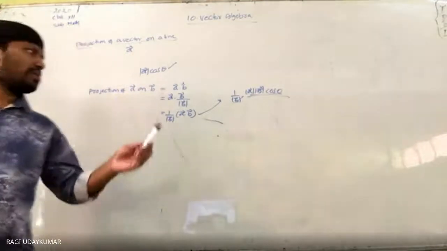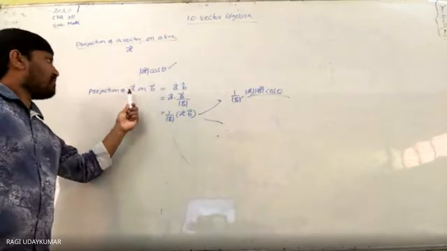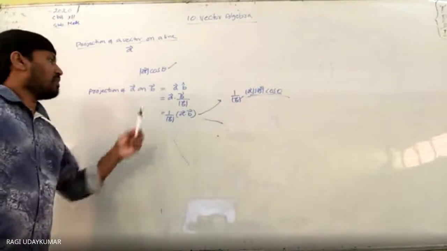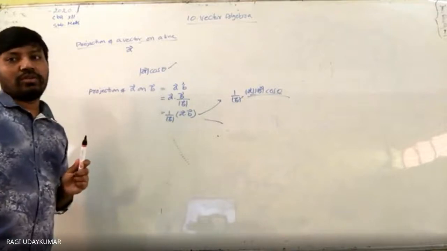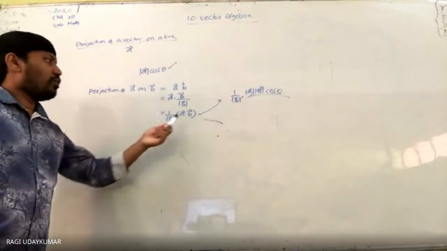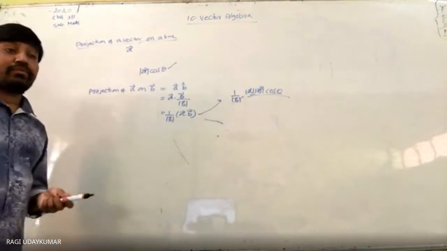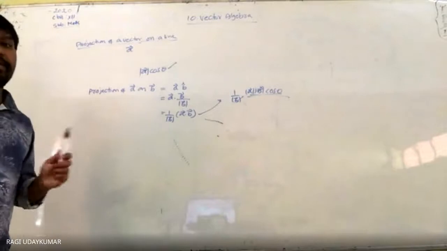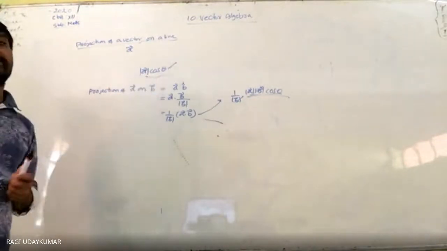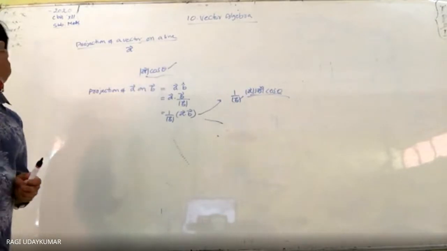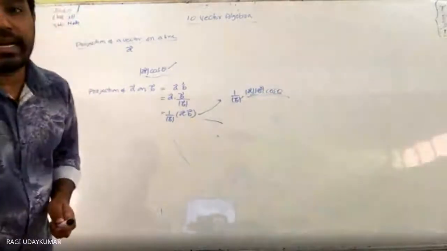So while solving the problem, it is simple. If two vectors are given, then to find the projection of the first vector on the second vector, take the dot product of the two and find the magnitude of the second vector. How do we find the dot product? Suppose in the question the angle between this vector and this vector is given, then in that case this can be used directly. Even if the B vector is not given, you can easily understand while solving the problems.